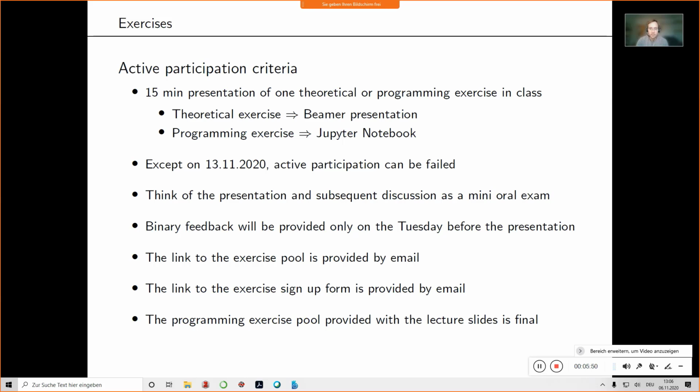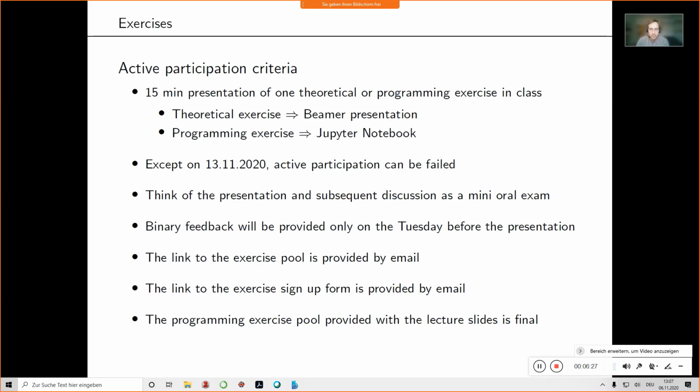If you're doing a programming exercise, you should use a Jupyter notebook, for the reason that I also expect, if you are doing a programming exercise, that you first lay out the theoretical background. Most of the programming exercises will be to simulate one of the probabilistic statements that we see in the course. So I expect that you first review what you're actually doing, and that's where Jupyter notebooks come in handy, because they allow you to also write some math there.